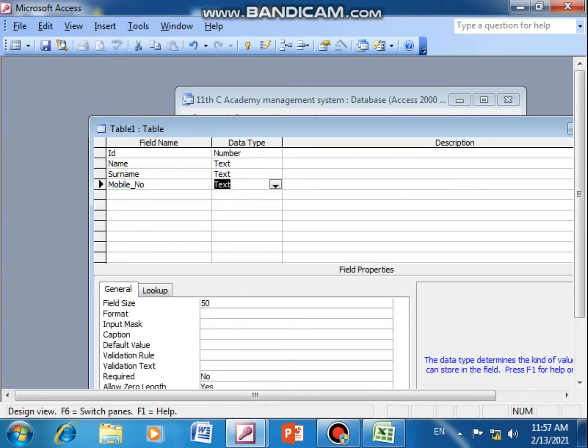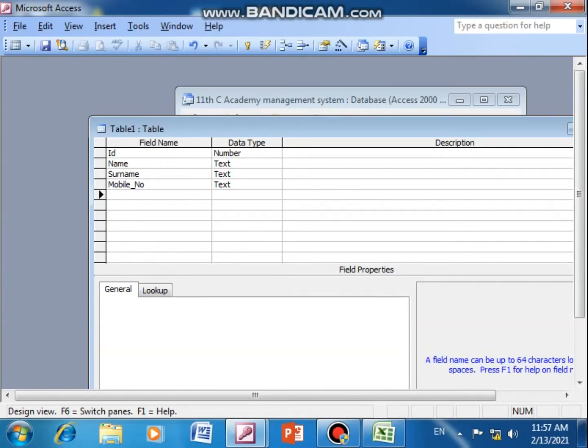Number. Okay. So I take text instead of number, because if I want to store the number of anybody, so many of them may have two contact numbers. So I will have to add a comma and space in between. Then number will not allow me to add comma and space, right? So if I take the text option, then it will allow me to enter. For example, father's number, mother's number, office number, I can write personal number, I can mention that also. So I take this. Then comes address.